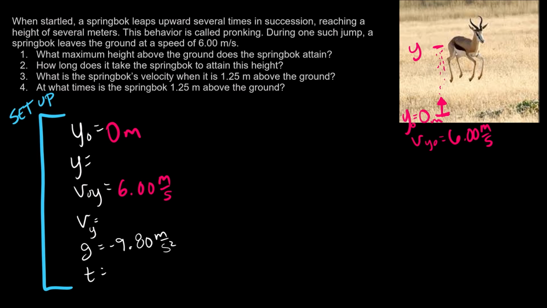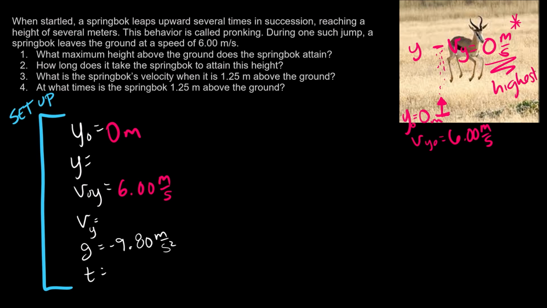Well, we know from looking at objects that are thrown straight up in the air, they come to a stop momentarily and start coming down. So that y velocity at the top of his jump is going to be equal to 0 meters per second when he reaches the highest point in his jump. And this is a key piece of information when you're dealing with these free fall problems, that if you're trying to find the highest point